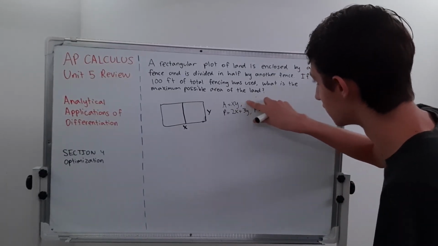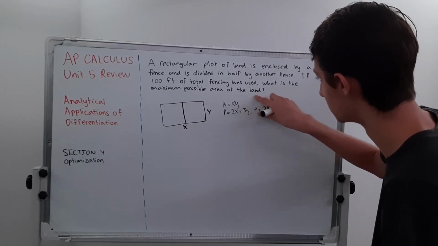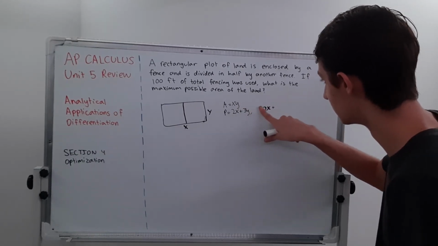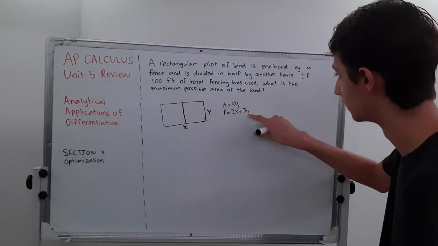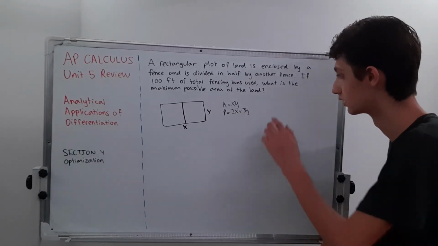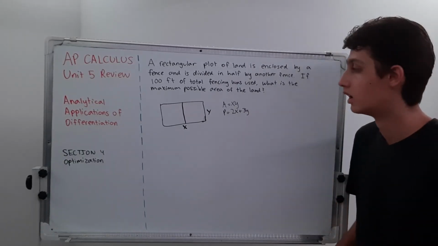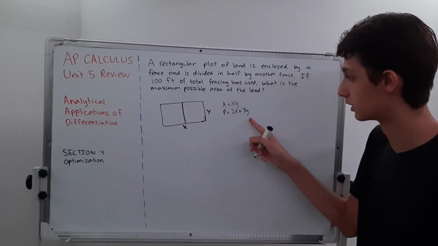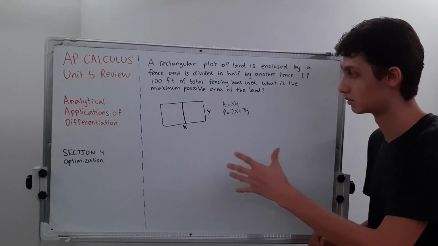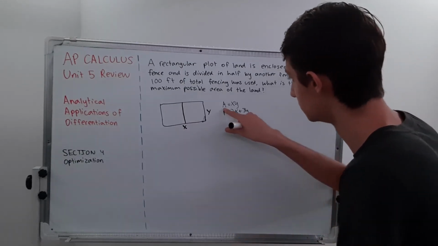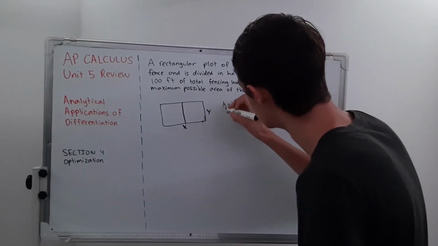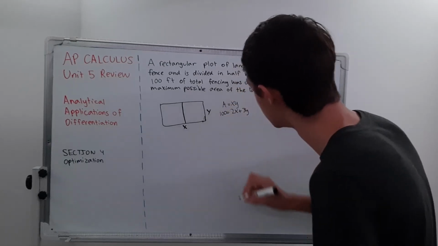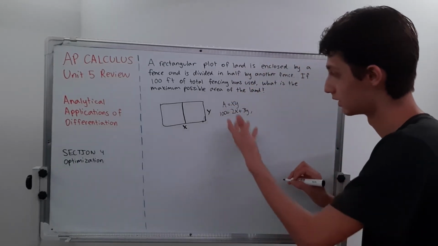Basically, we're trying to solve for area, so hold on. Okay, so we need to find our perimeter. We want to solve in terms of one variable, so actually we know that this is 100, because that's given to us. And so we can say 2x